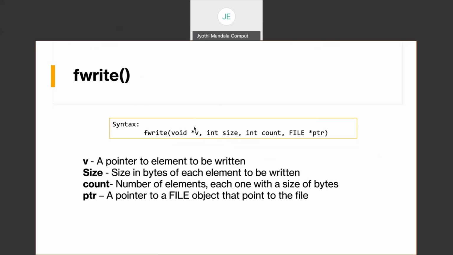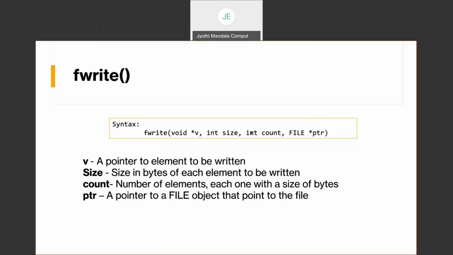Always this will be a variable that will be holding the value, and you should give the address of this one, right? And the next one is size. Size is nothing but you need to specify the size of the variable you are holding. Suppose if it is an integer, you need to specify a size of 2 bytes. If it is a float, you need to specify 4 bytes, like that. If it is a structure, then you need to specify the size of that one. Suppose if you don't know the size, then you can simply use the function called sizeof and pass that variable, so sizeof will automatically calculate the size, if you don't know the size,